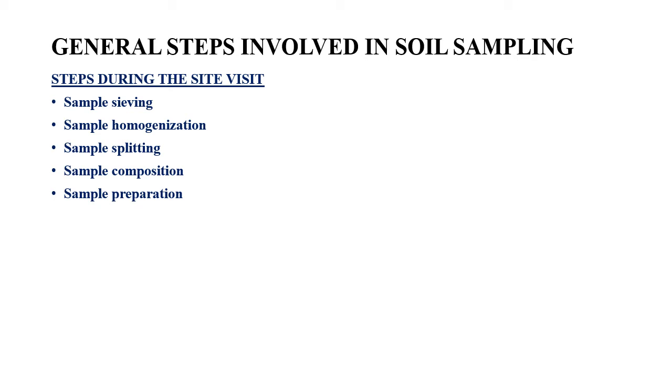Now in sample composition, what really happens is that we will physically combine and homogenize the different soil samples together from the different sampling points, so that there is uniform distribution of contaminants, and this will also reduce the number of samples to be taken to lab for further analysis. Okay, and its variability. So basically the samples collected from the different locations have to be mixed thoroughly so that there is homogeneous spreading of contaminants across those different samples. And then you can reduce the number of samples to be taken to lab for analysis. So that is what is called sample composition.